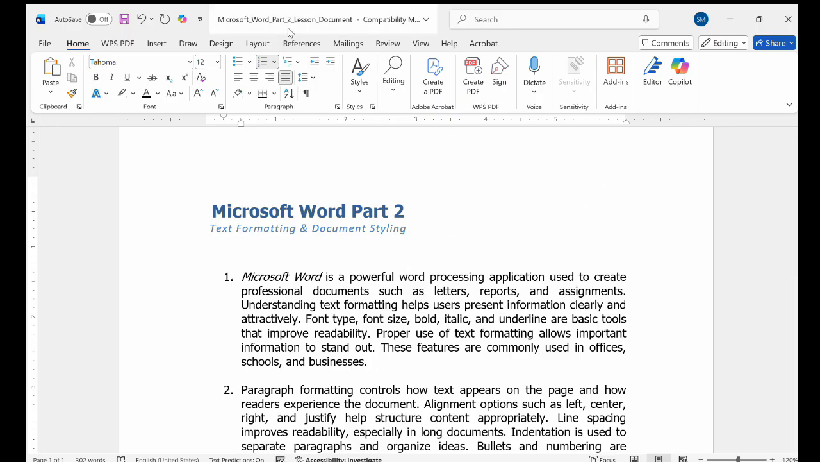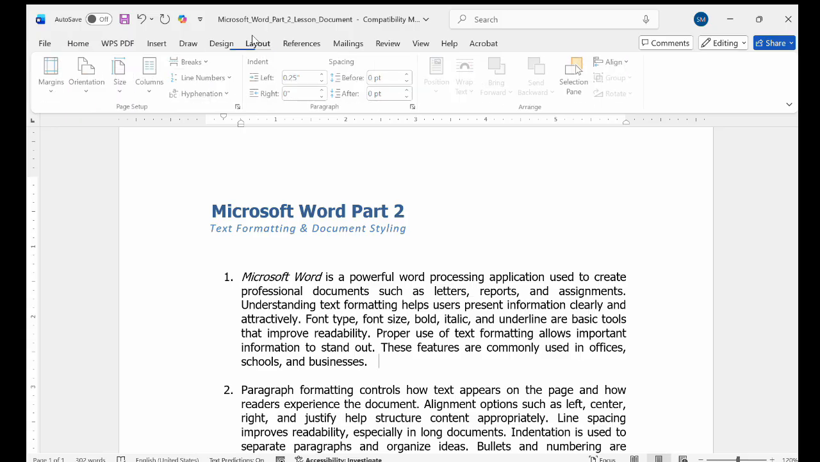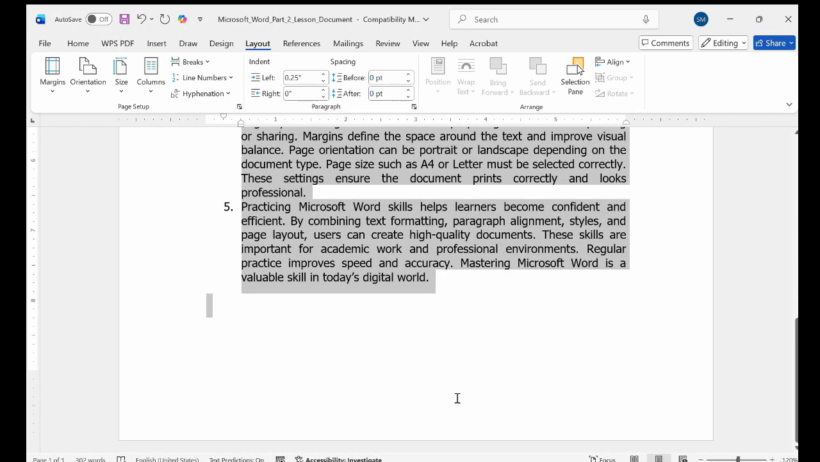Okay, let us jump to the Layout tab. You click on it. This is for before printing or sharing the documents. You must check the page layout. As you can see, this is the layout of the page, I mean the margin. This is the margin left. Let me select this document